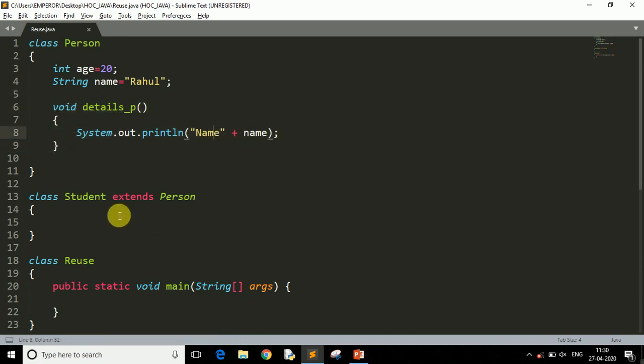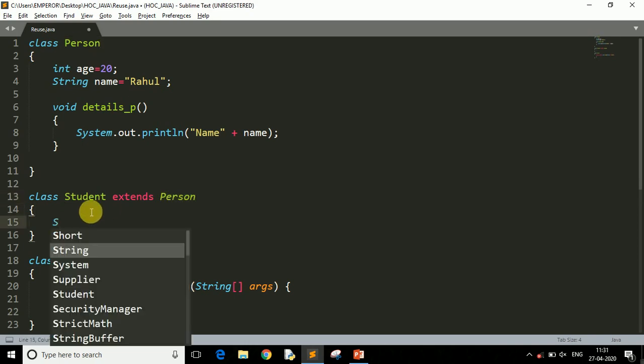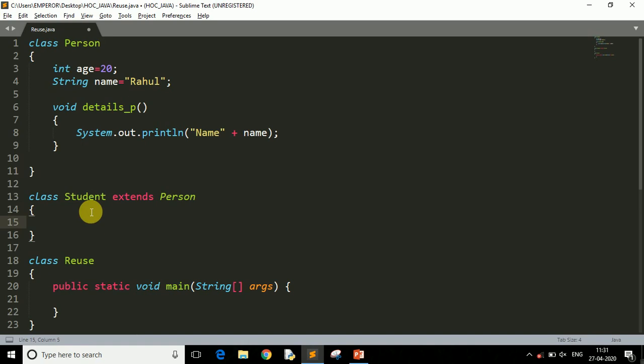Now in our second class, student is our subclass. Remember that student is our subclass because it extends the superclass person. Okay, so here we can take one variable, for example, student has an enrollment number, right? Store the enrollment number.